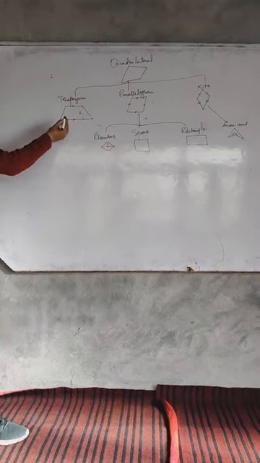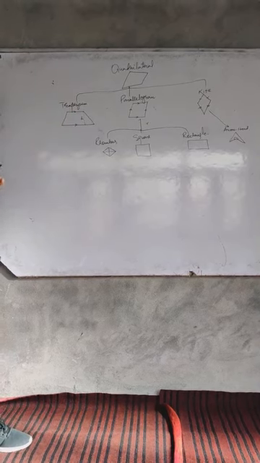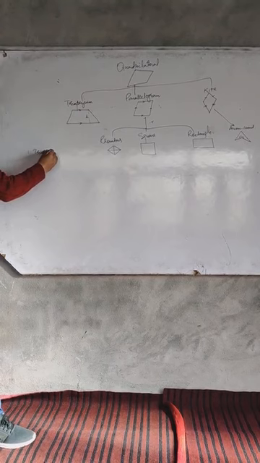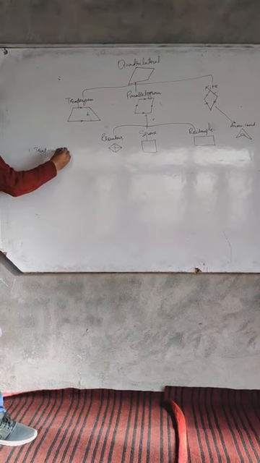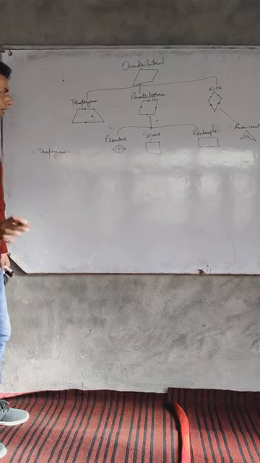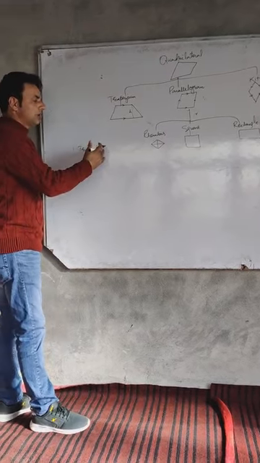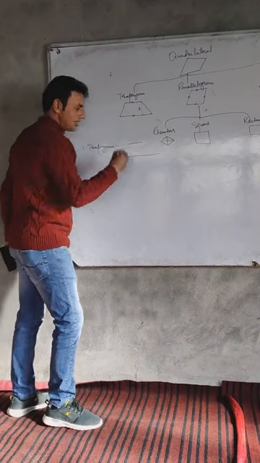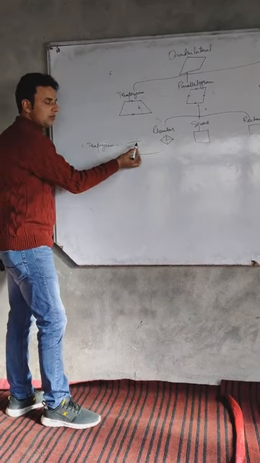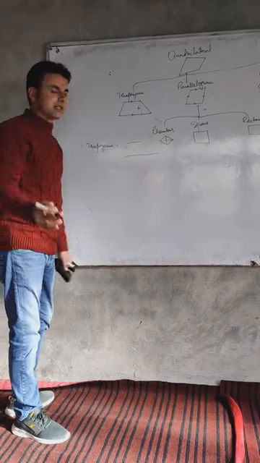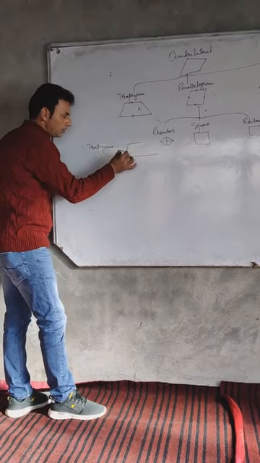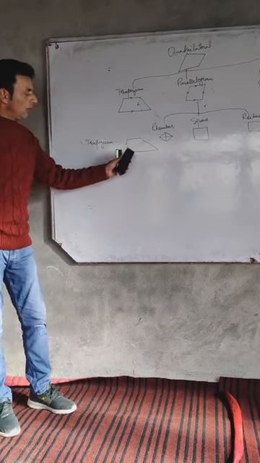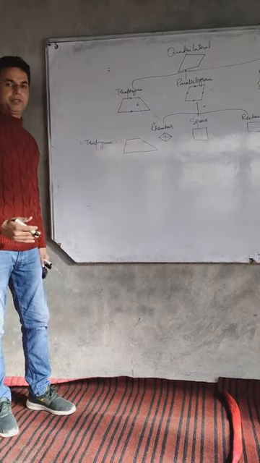The first type that I am going to define in front of you is number one, the trapezium. You just remember each and every point of the trapezium. First of all, I will show you how to draw the trapezium. You have to draw two parallel line segments. The first segment should be shorter than the second one. Then you have to join the ends of these line segments. This quadrilateral is basically the trapezium.